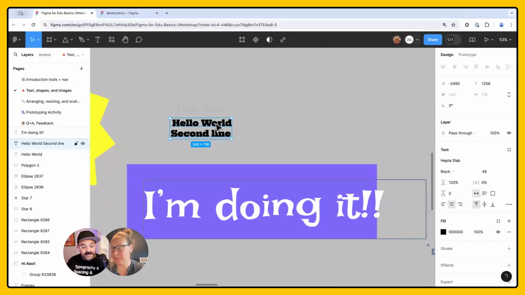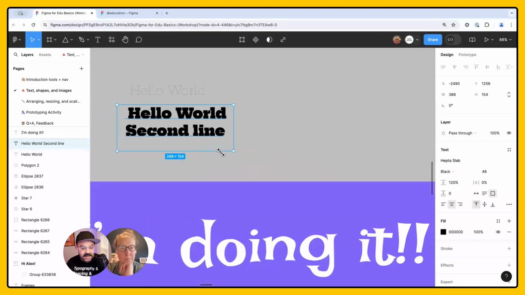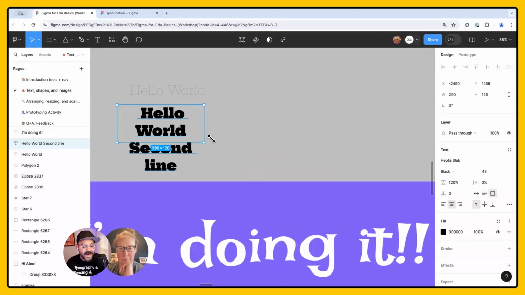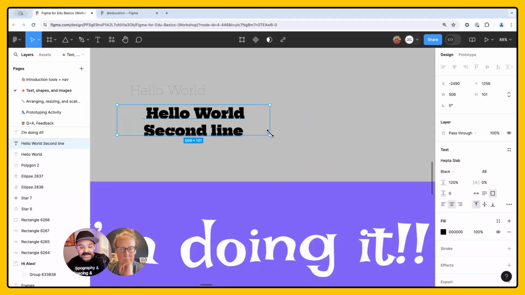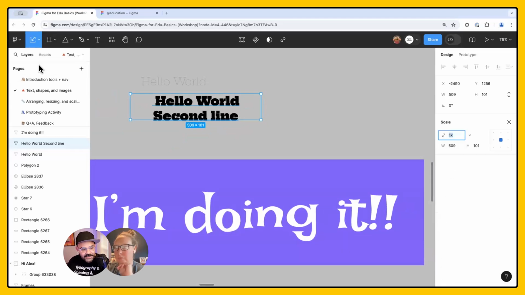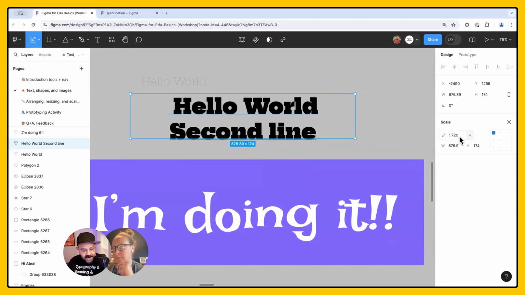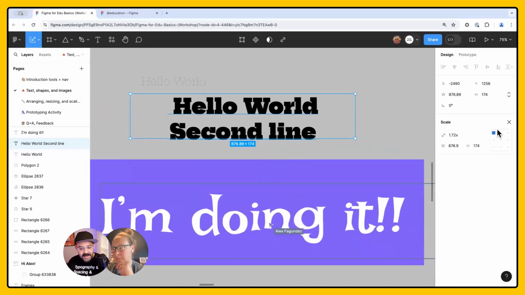there's a different concept. When you resize something, here I'm resizing the text box. So I need to think about I'm changing the width and the height of that text box, but I'm not actually scaling it. Scaling happens and is like a different function in Figma. So if I come up here, you'll notice in the top left under the move tool is the scale tool. The shortcut key for that is K, and you'll see the interface for this come up over here on the right, and that'll allow you to scale it by either a multiplier value or with a width and height value.